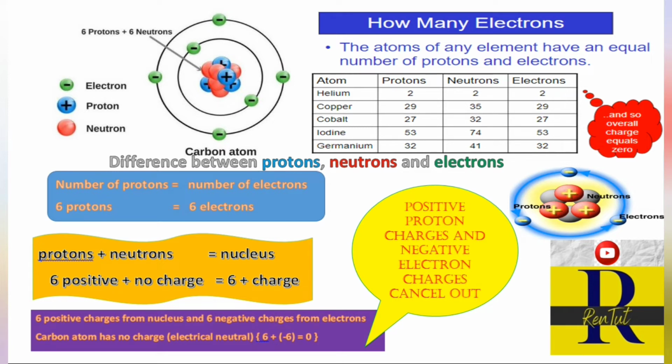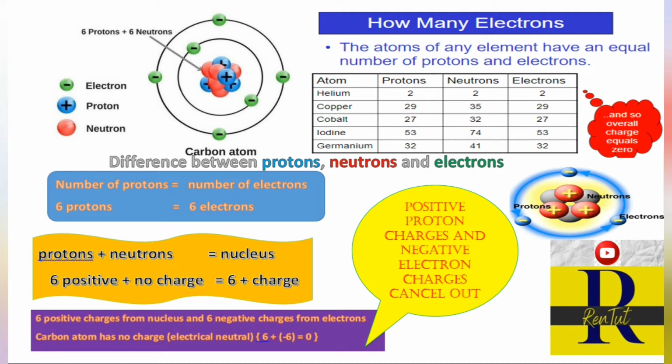So this constitutes the nucleus. Now protons being positive, it has 6 plus charge, and neutrons have no charge. So if you add these two, protons and neutrons, you will get 6 plus charge in the nucleus, which is stationary. And now coming to the electron part, when the electron is revolving in the shells or the orbits around the nucleus,